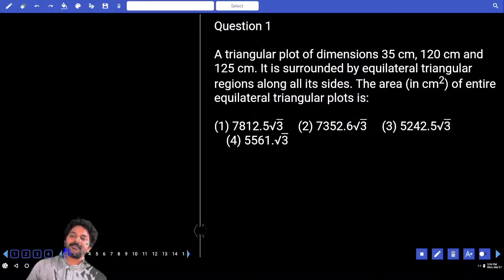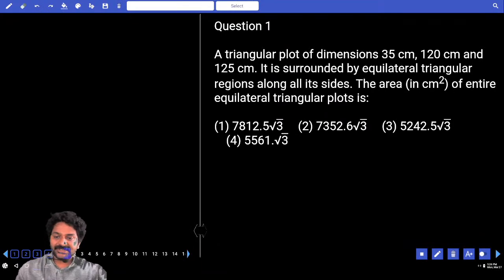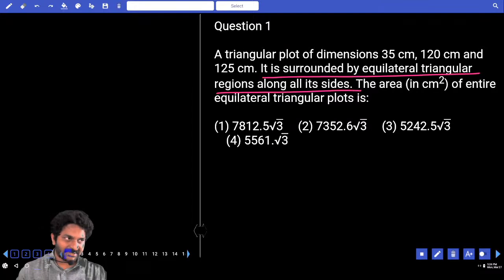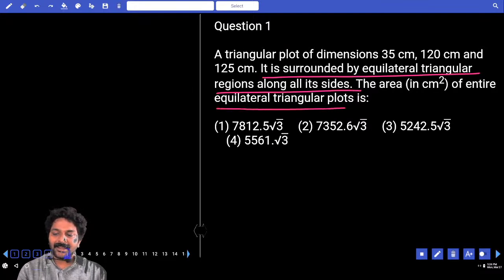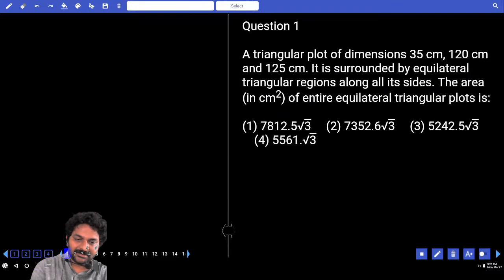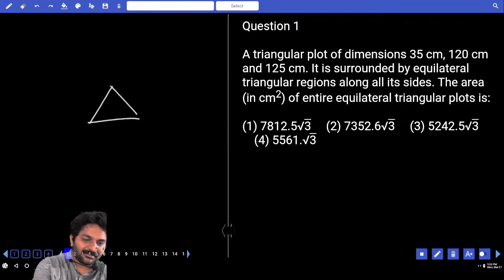A triangular plot of dimensions 35 centimeters, 120 and 125 centimeters. It is surrounded by equilateral triangle regions along all its sides. If you can understand this statement, then only you can answer the question. The area of entire equilateral triangular plots is, that means there is a triangle here whose sides are all